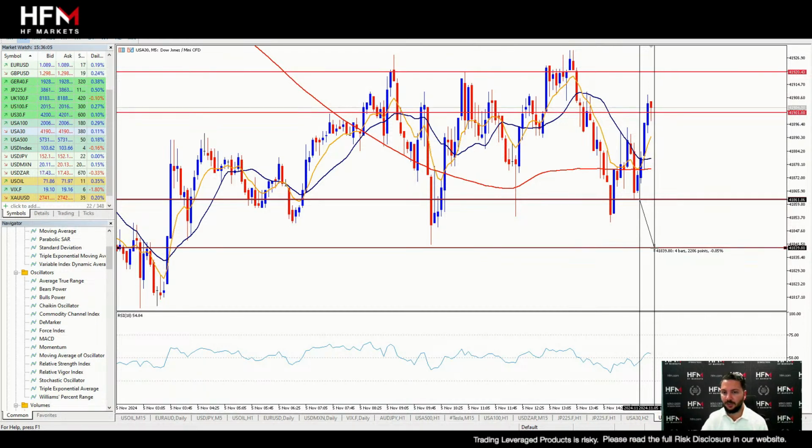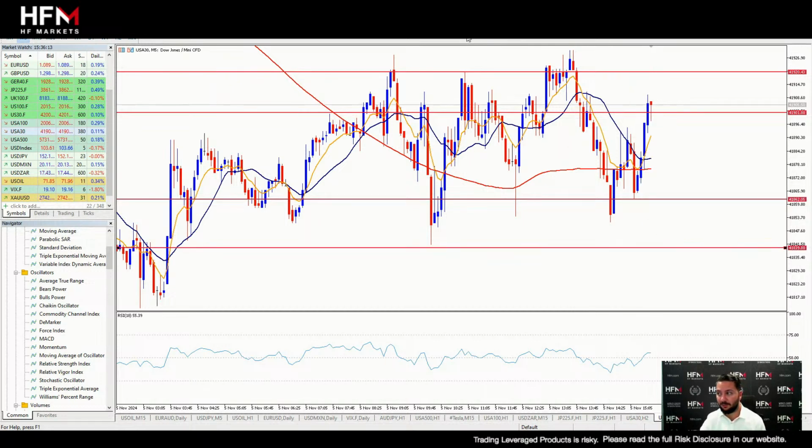So people may opt to put two take profits. Have the first take profit here, exit 80% of the trade here with a 0.05% profit, and then go to that next support level, which is here. So I have 30% of the next trade going all the way back down to that point there. So that's in regards to the US dollar, the USA 30, so basically the Dow Jones.